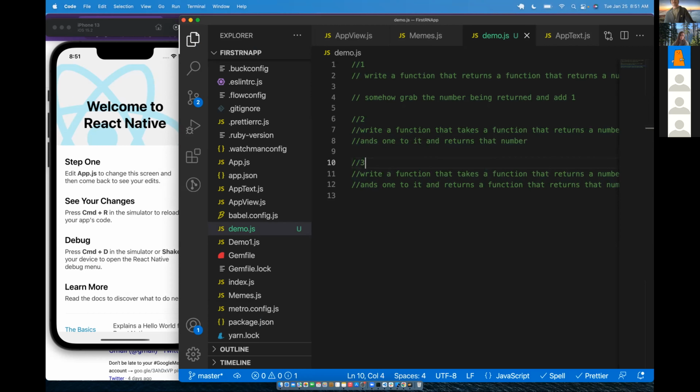So on press, oh wait, we're going to do this. Sorry, I need to throw on the function here. We're going to do the navigation.navigate. And then we'll go to the user detail. Now this navigation, I'm going to need to grab from props, which I have right there. So I already have it. Let's refresh. If I click on that, that now takes me to the user detail page,